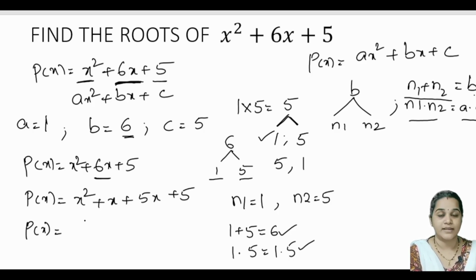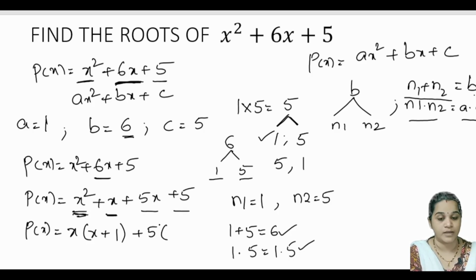Here x square is nothing but x into x, right? So in this x square term we have x into x, and here we have the 1x term. From these two terms we can take x as common. So this term is left with 1x, and here we have already taken x as common, so we are left with 1 here. And from these two terms we can take 5 as common, and the variable here will be x plus 1.